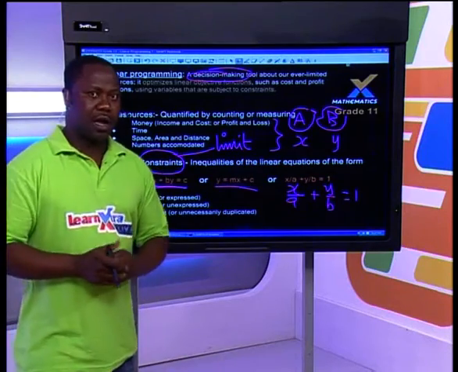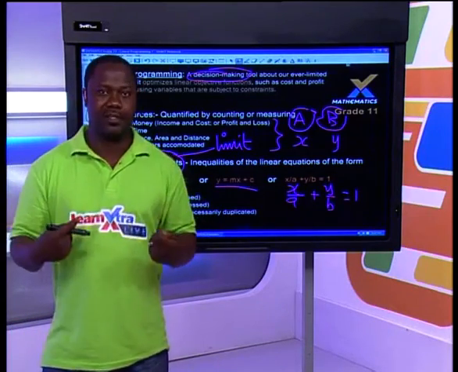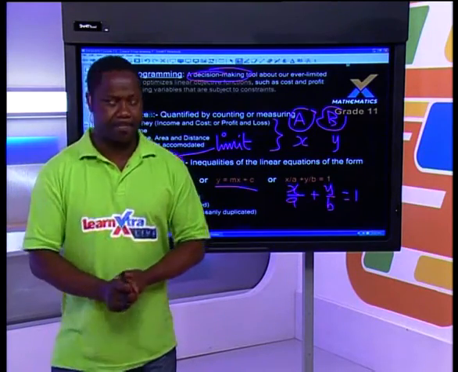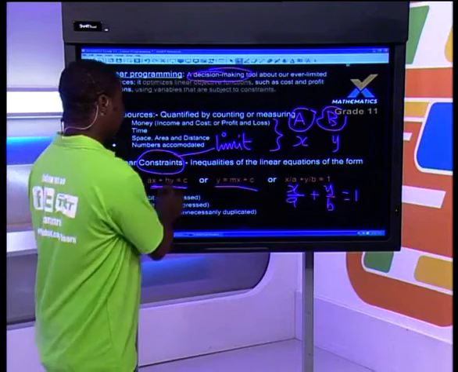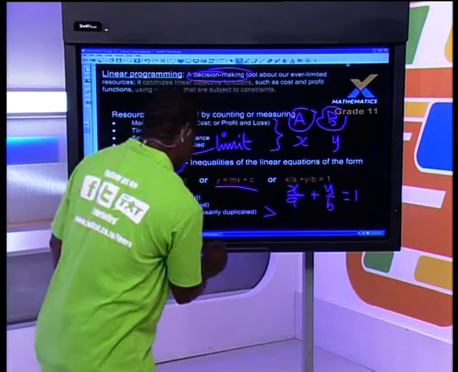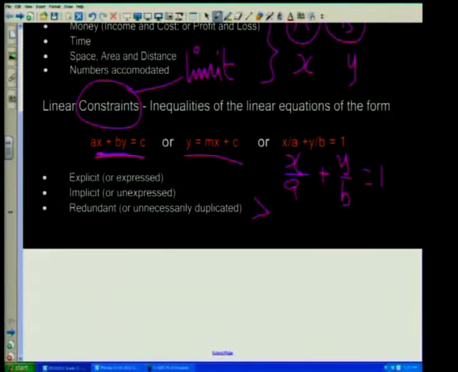Now the question is, how do we represent these things as constraints? You now are going to bring in what you call inequalities. In your equations, these are equations. So basically you will start using symbols such as greater than. I'll just extend my page there. So greater than, another one would be less than. Another one that you're going to come across will be greater than or equal to. And the other one is less than or equal to.